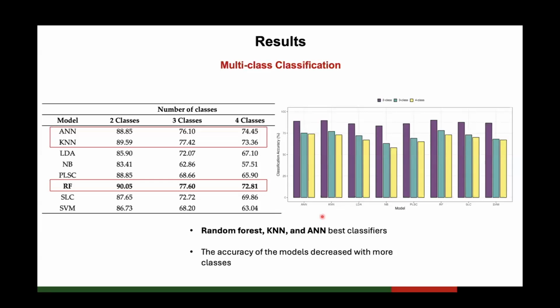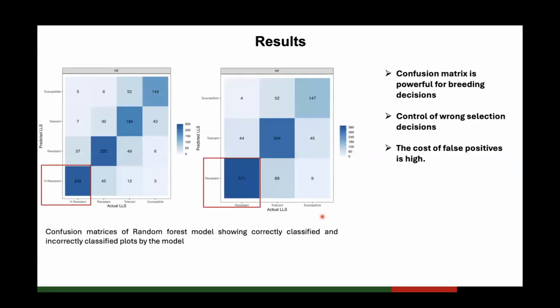For example, a breeder would want to reduce the number of genotypes he has selected as fast as possible. So when he has fewer classes, he's not able to do that. Take an example of this. When you have 3 classes, yes, you always have a higher accuracy, but what you're choosing as your most important is a very high number compared to when you have 4 classes. When you have 4 classes, you're choosing the highly resistant, which are around 232 compared to 371. Plant breeding always needs as few numbers as possible because the resources are not there to evaluate all these